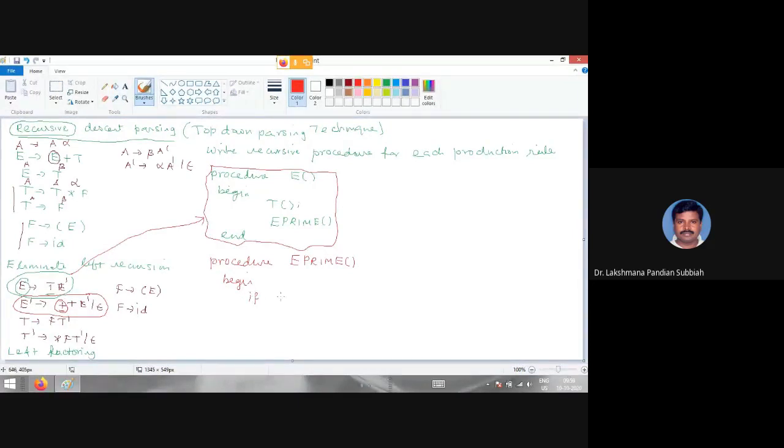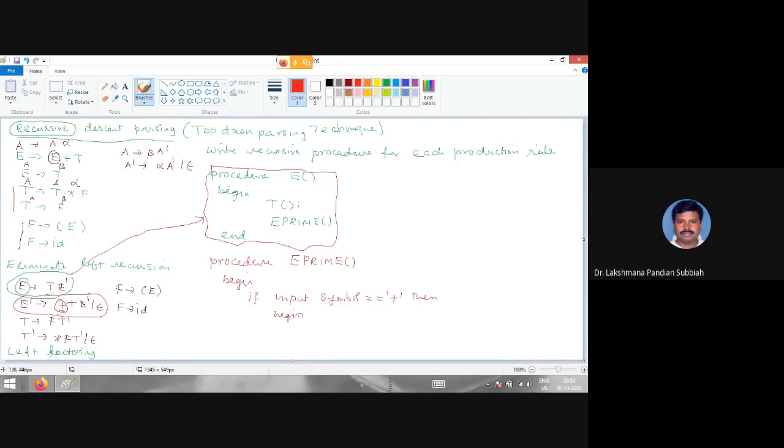If input symbol equals plus, then what we have to do next is begin.